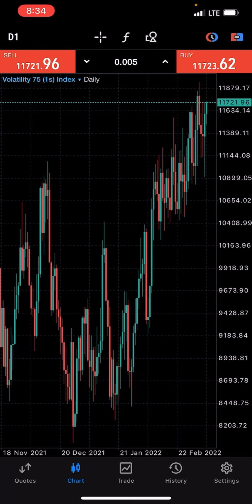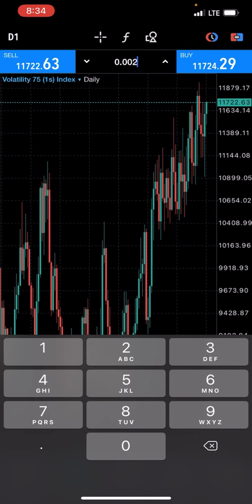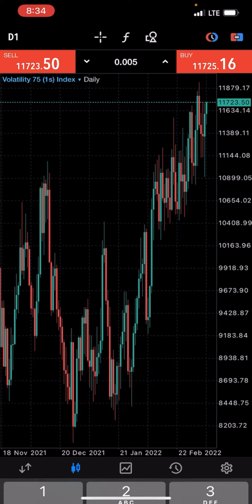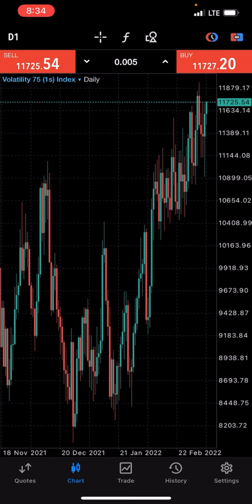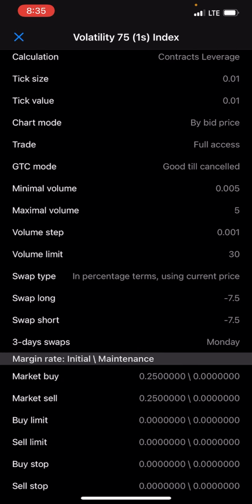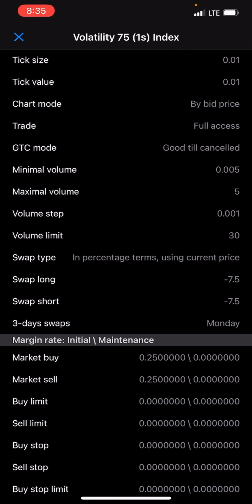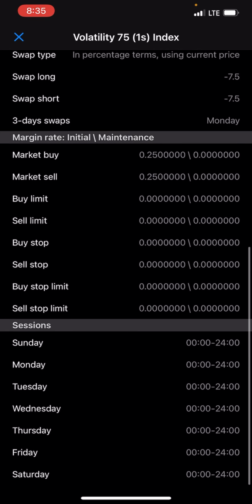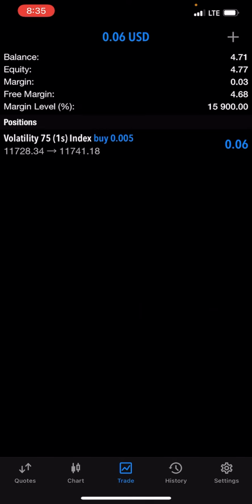What I'll simply do, I'll use the smallest lot size, which is 0.005. This is the smallest lot size. 0.005, sorry, to place a buy for Volatility 75 1s. And look at it, I placed the buy successfully. You can see it has a very low margin that you can use on a small account. That is it. So going back to the trade, you see that it has a small margin and therefore it's counting. Look at it,